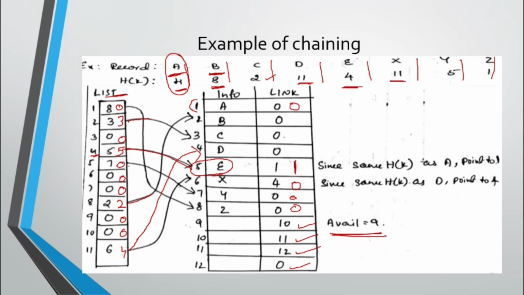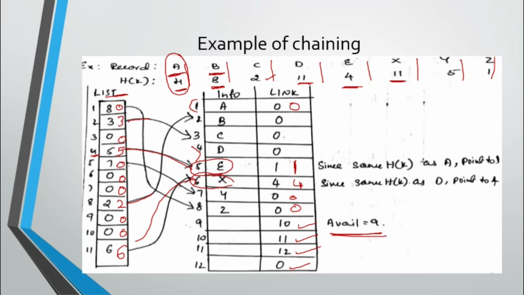Next, you need to do the same thing for X also. What is X? X is stored in 6. So you need to erase the 4 from here and write the 6 here. When you erase, this link is also gone. Then create a new link to X. Then X is pointing to D. Which is the D location? 4. So erase this 0 there and write 4. That's what they are showing.